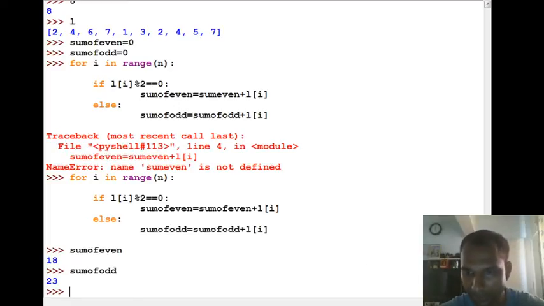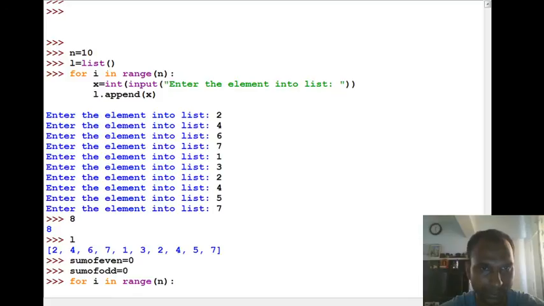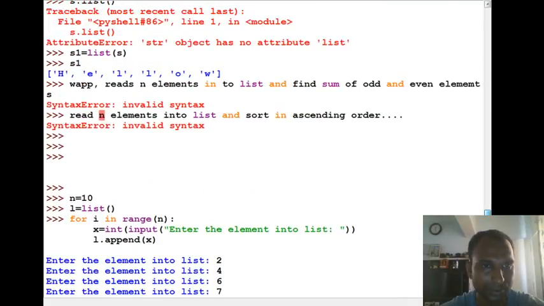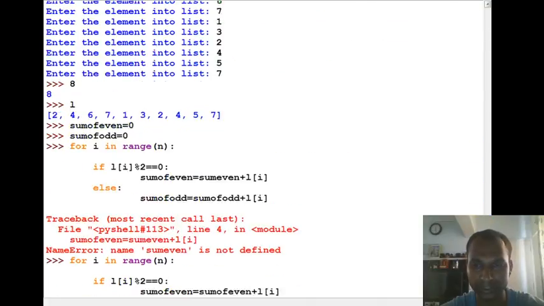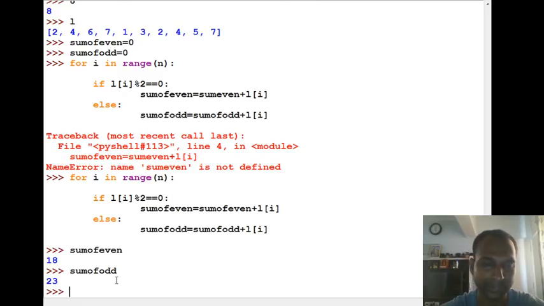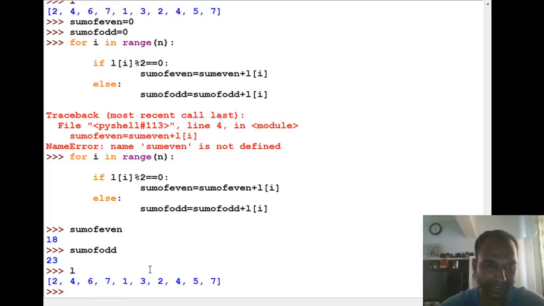So another program I gave in the explanation was read n elements into a list and sort in ascending order. You can use any sorting technique. Now I'll be using a bubble sort. Anyhow, we have the elements of the list. Now I need to sort this. So what is the bubble sort concept? You know,